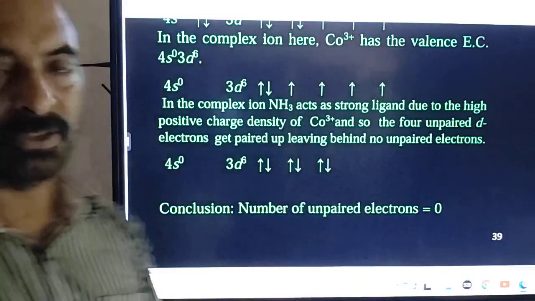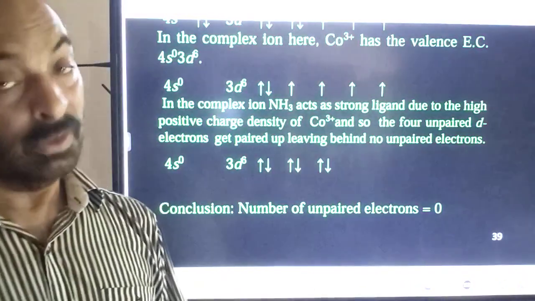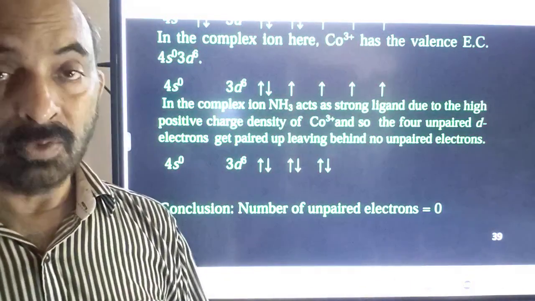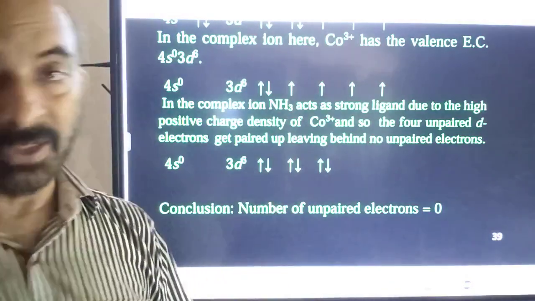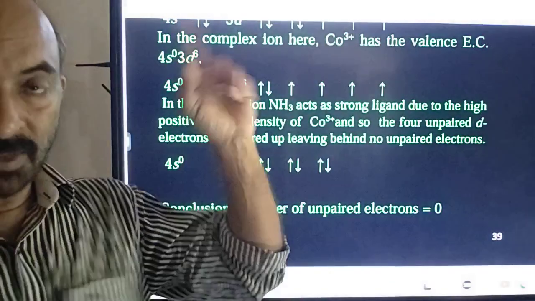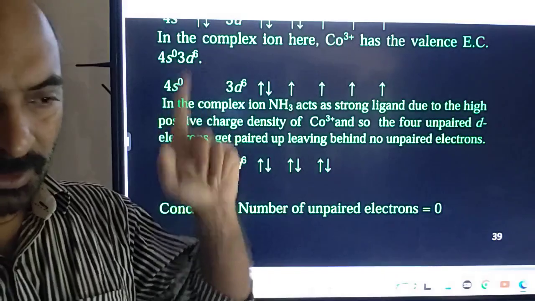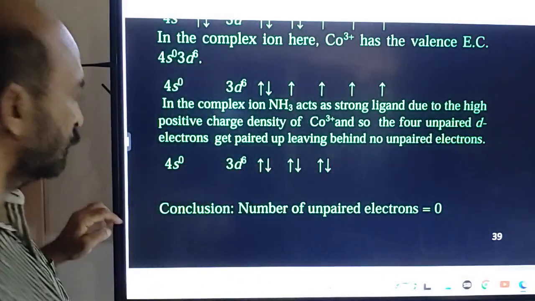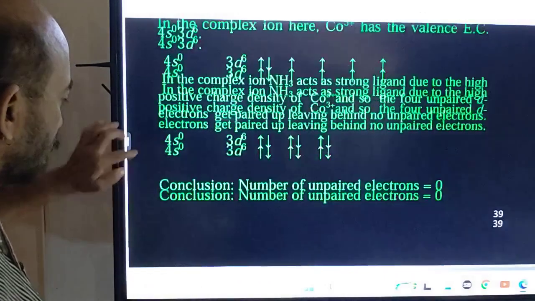There are 2 vacant orbitals. Here, there are no unpaired electrons at all, so it will have 0 magnetic moment. Agreed? In the first case it was 1, then 2, then here it is only 0. Okay, and the last case we are proceeding to